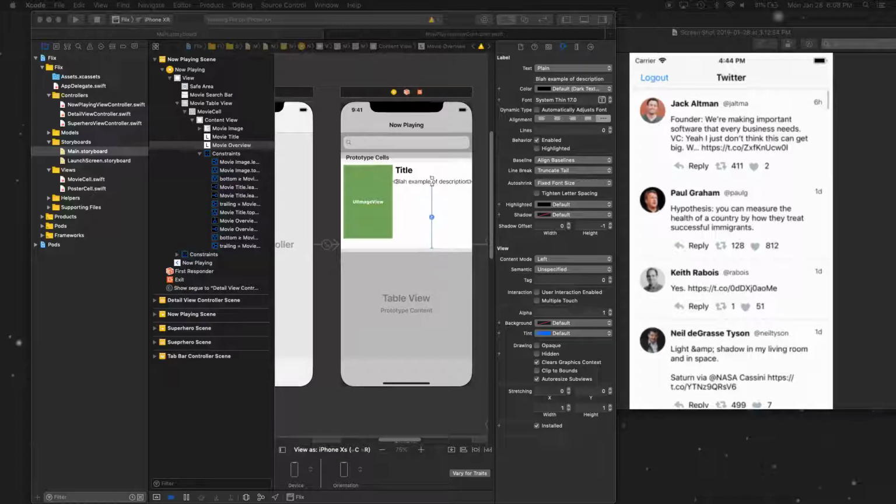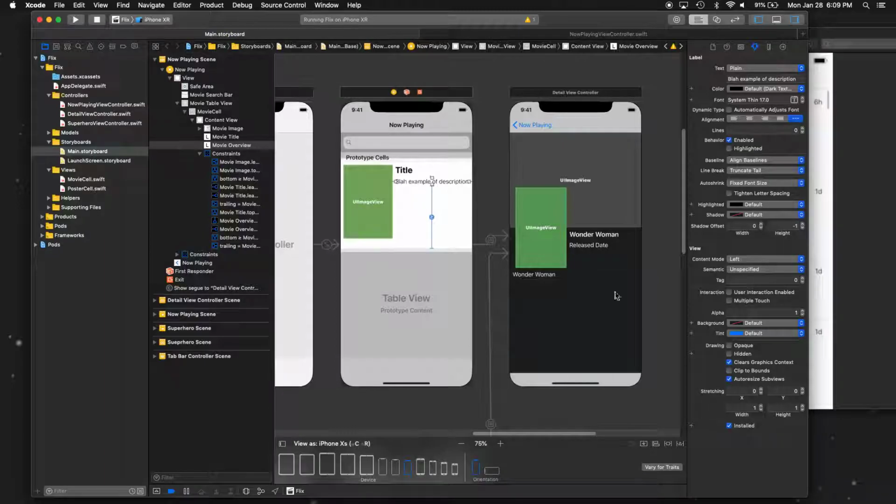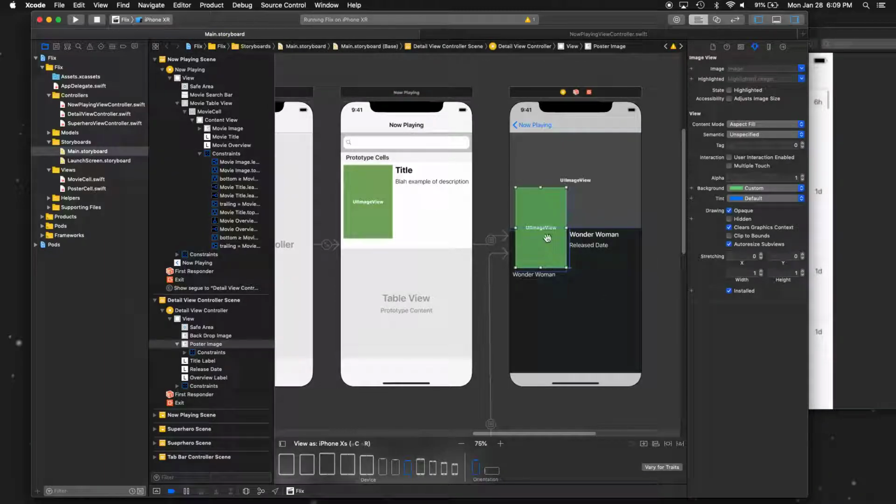So I had an interesting question for you guys, which was regarding the Flix app. If you guys want to know how to set this image view in the center of this one, you might be wondering how the heck do you do that, right? There are some things that I didn't go over because I know that auto layout is very confusing, but since you guys have managed to stay this long, I'll show you how to do this. So the way you do it